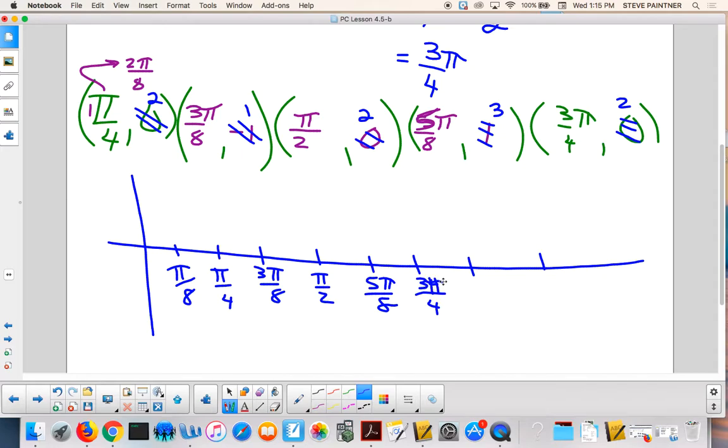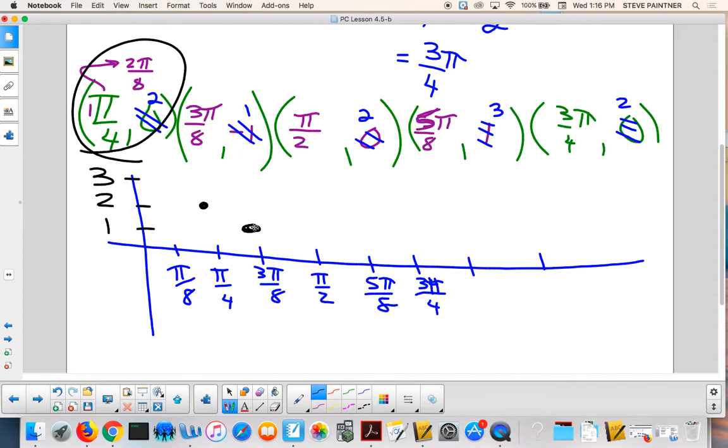I don't think I have to go any further than that, do I? I counted by eighths on the number line. 1/8 pi, 2/8 pi, okay? Here I go. Where is this? Pi over 4, 2. Okay, 1, 2, 3. Pi over 4, 2. 3/8 pi,